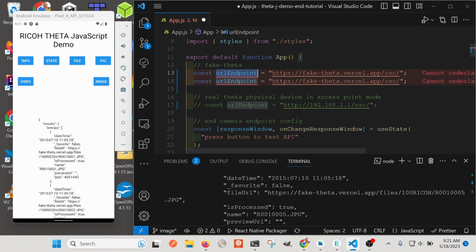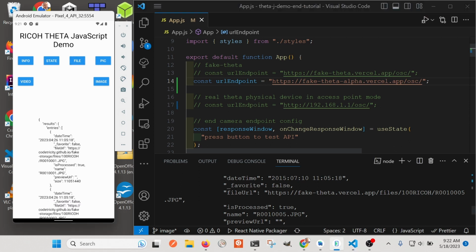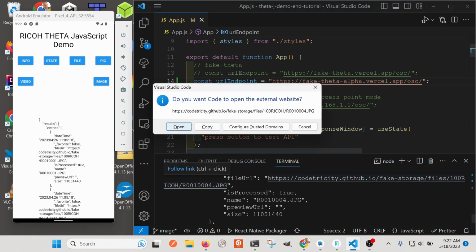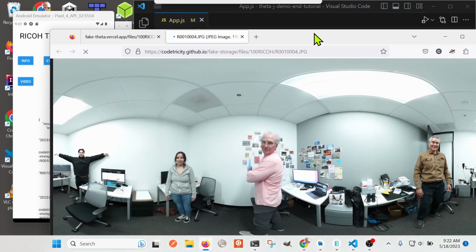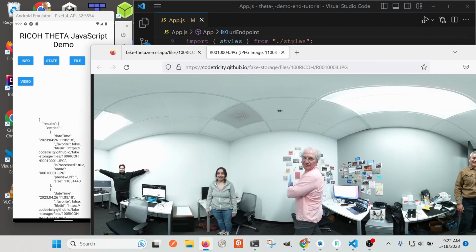So this is still a fake server here. Instead of fake theta, I created a new one called fake theta alpha. If I get the list of files here, the file URL is on this fake data server. If I click here, the output is a URL endpoint, so we can just grab it here. So we need to first extract the last file URL